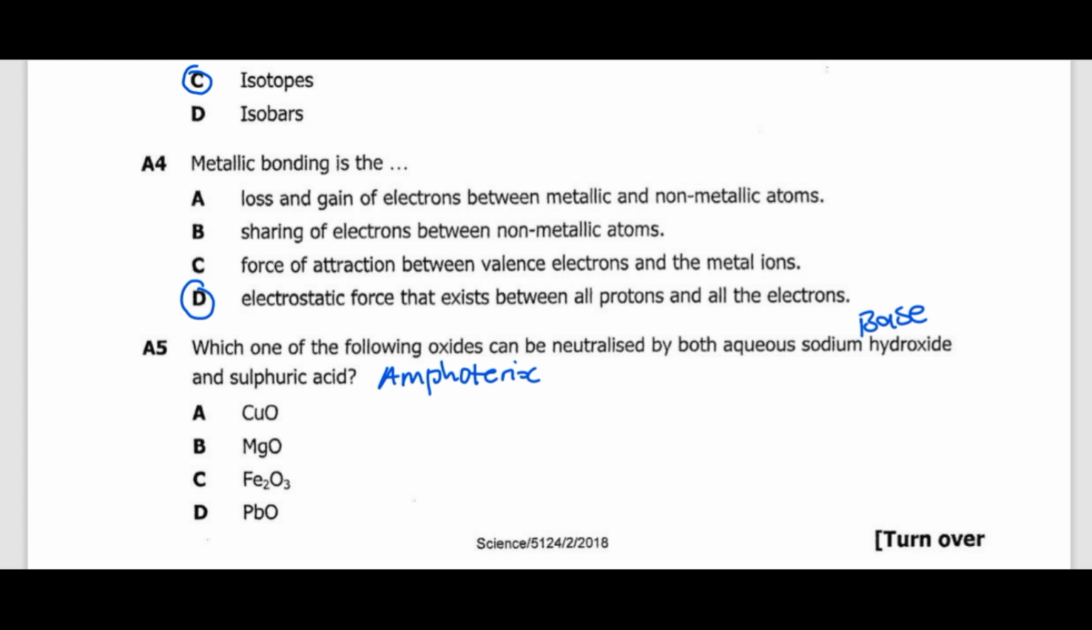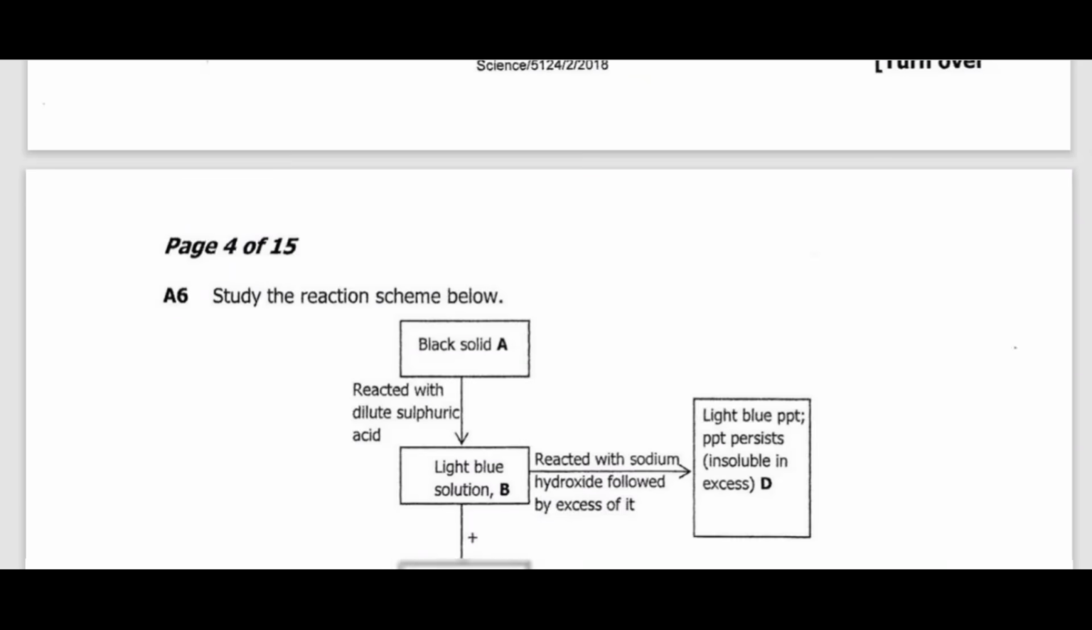Among copper oxide, magnesium oxide, iron 2,3 oxide, and lead oxide, which of these is an amphoteric oxide? So the answer is lead oxide, because these are basic oxides. So copper oxide is basic, magnesium is also basic, then iron is also basic. Then let's move on to question